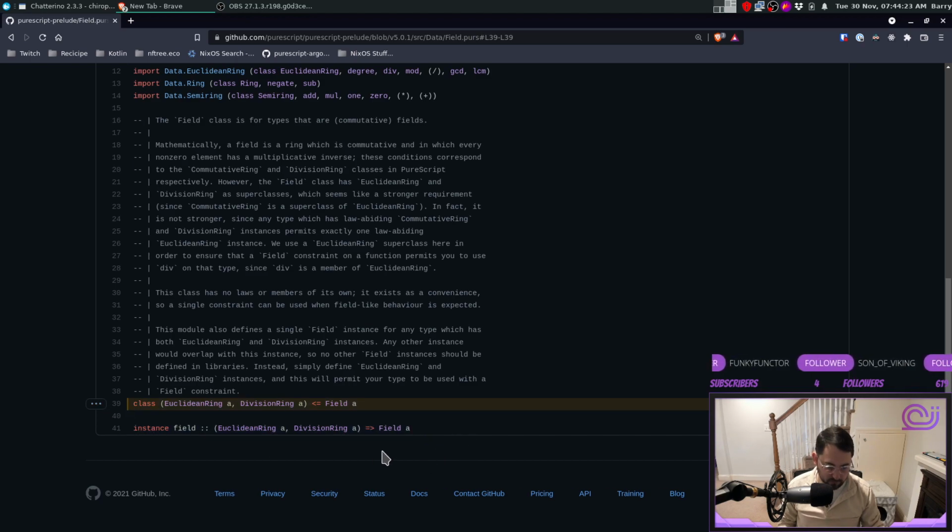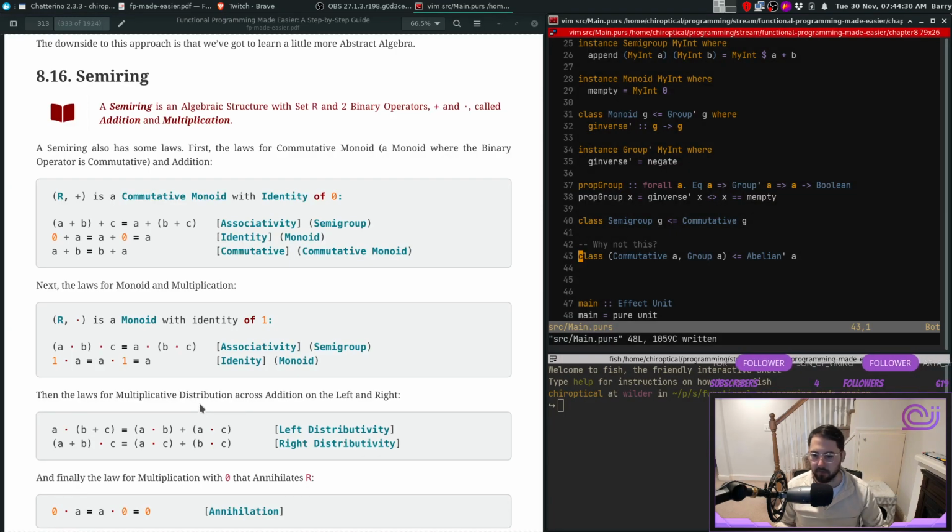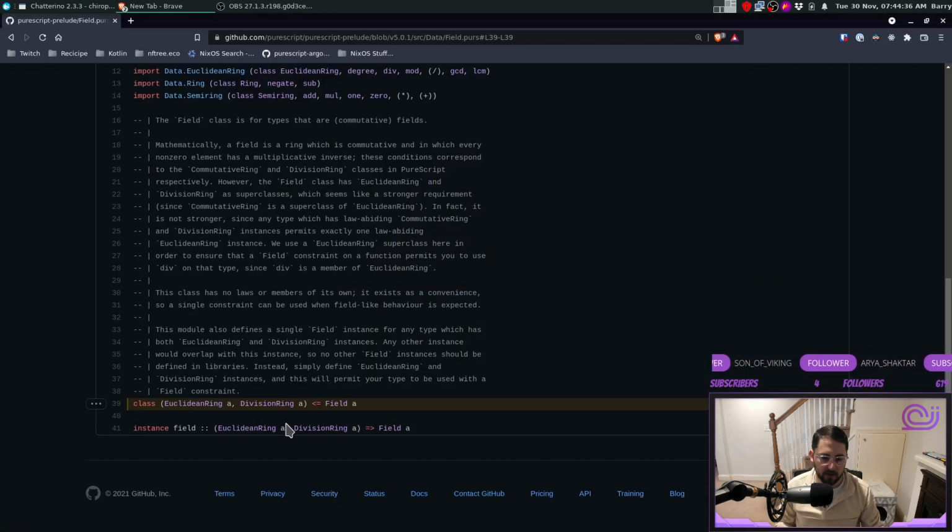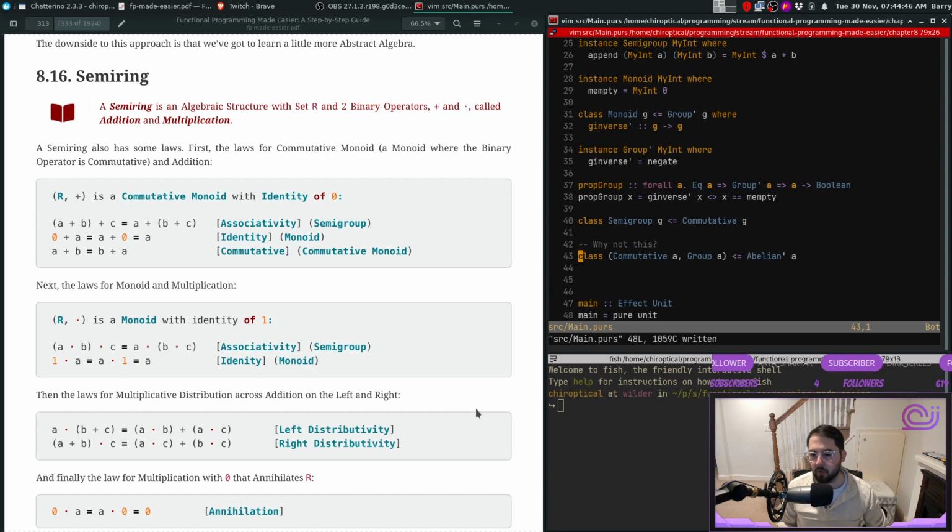Sorry, let me say it this way: anything that's commutative and a group is abelian. So you can just create an instance for everything like this, and fields do this. So it would be cool if that existed for abelian as well. Anyway,